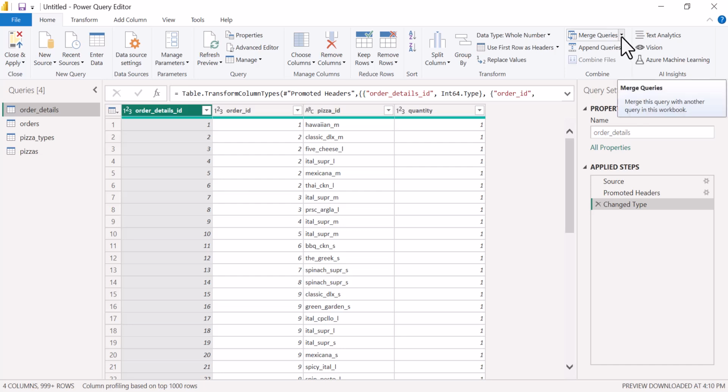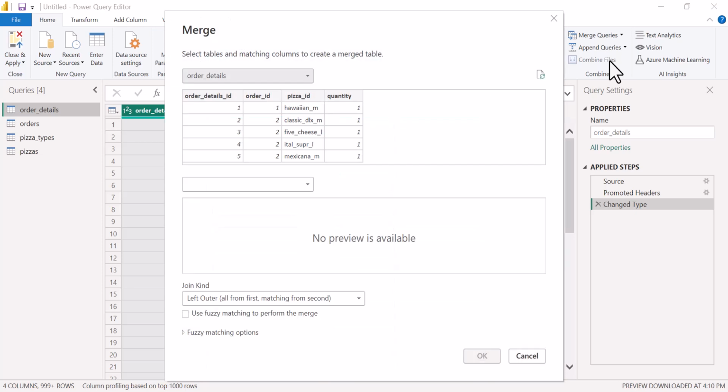Notice there is a down arrow. I'll click on the down arrow and merge queries as new. The reason is I want to create a new query and leave the four queries, the four tables intact: the